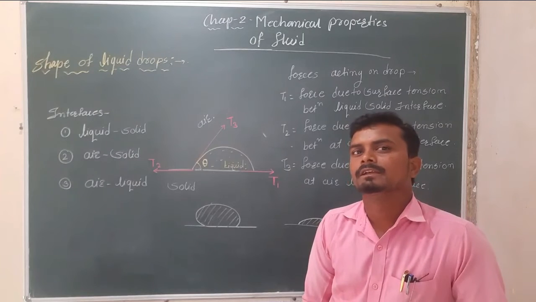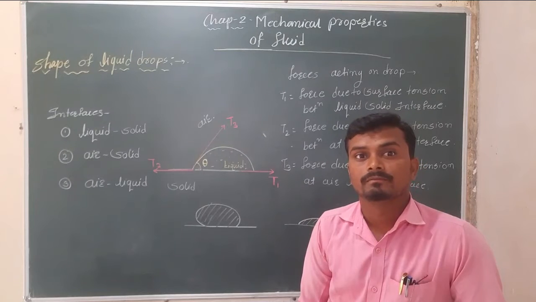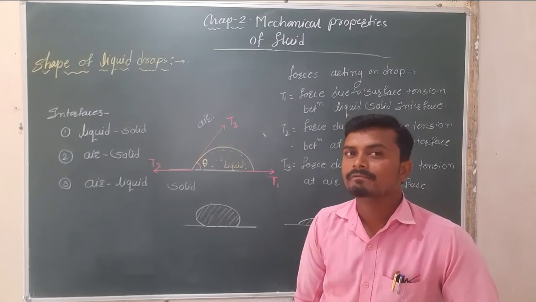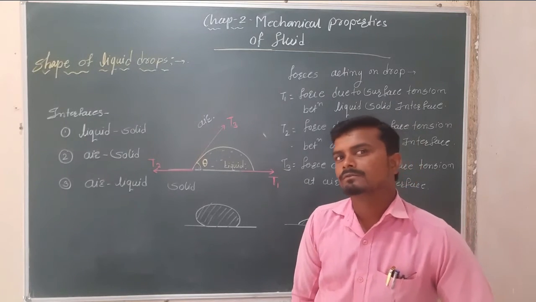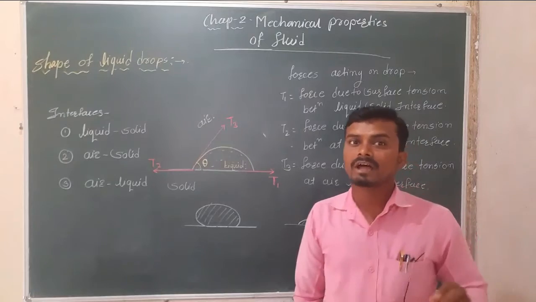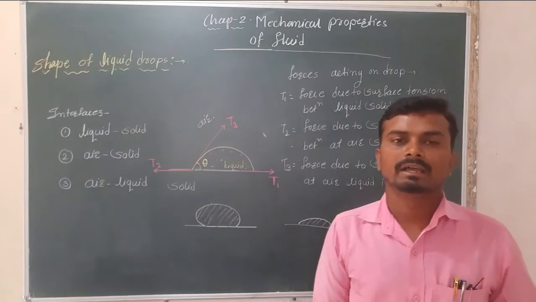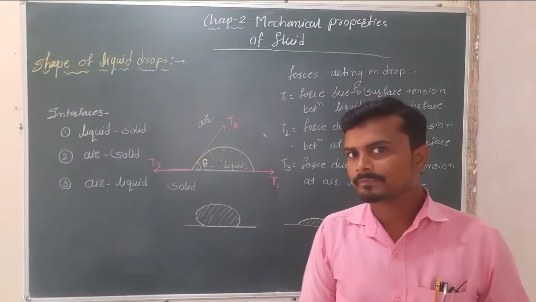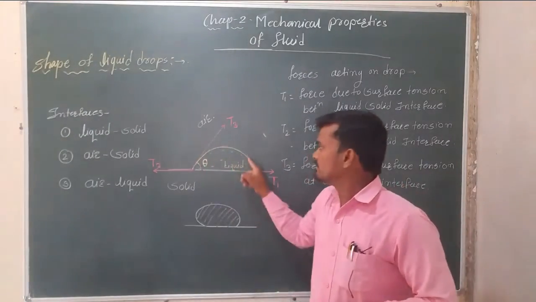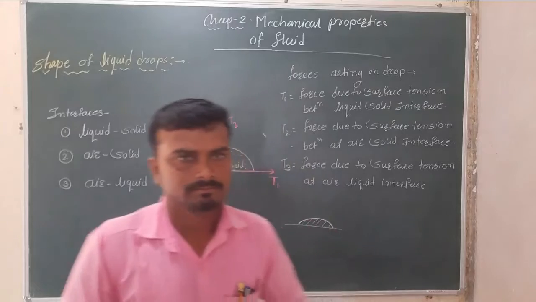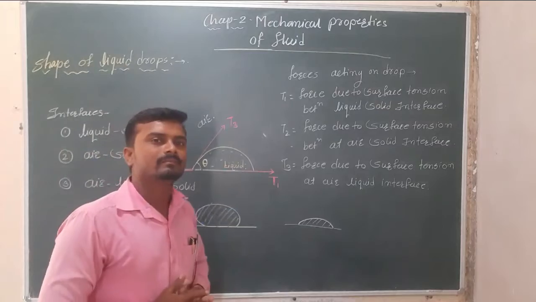If we drop a liquid over a solid surface, then a drop will be formed. Maybe sometimes liquid is sprayed over that solid surface. The shape of the liquid drop totally depends on the angle of contact. Here, I drop a liquid on the solid surface and such a yellow liquid drop is formed, which is shown by this figure.